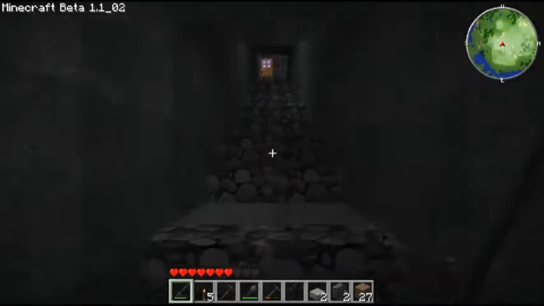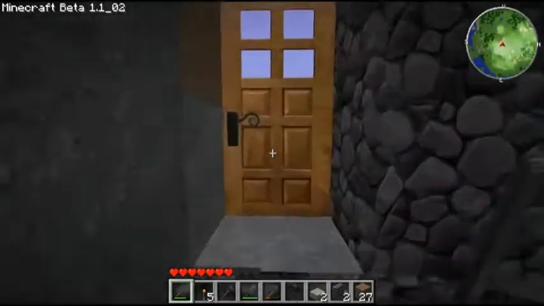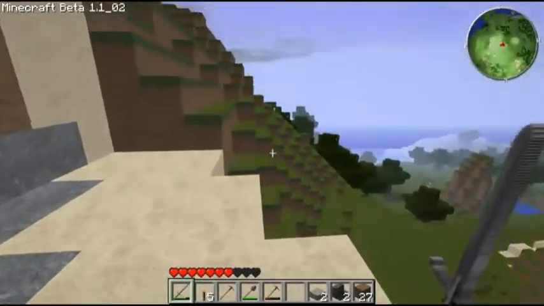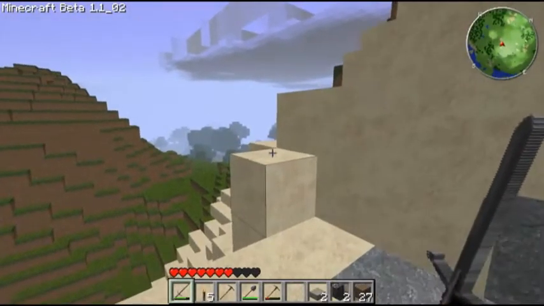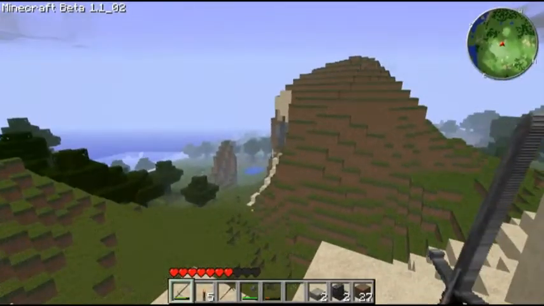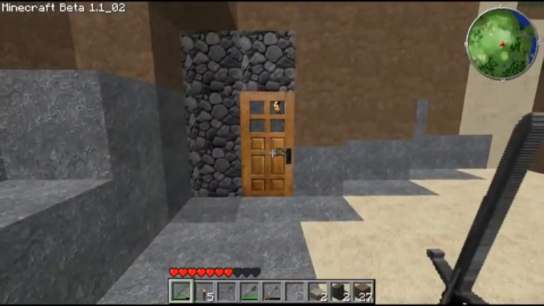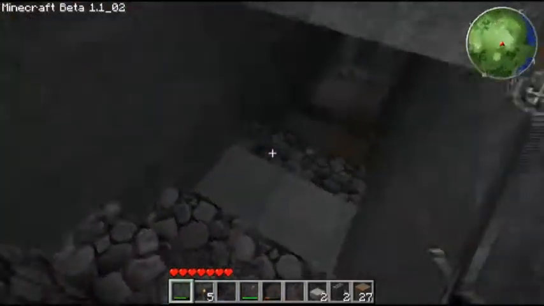So we got up here, made more steps, and put in another door. Step outside here, take a look around. Not really too far from where the house is on top of the hill, but it's far enough away to be a little bit lost if you didn't keep track of where you were. So for simplicity's sake, I'm going to walk back inside,